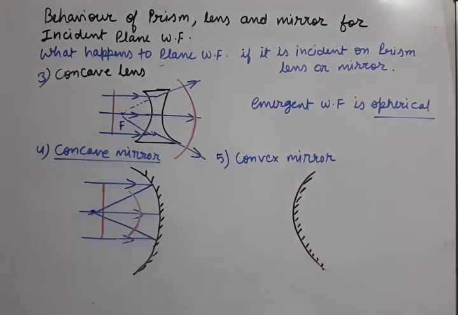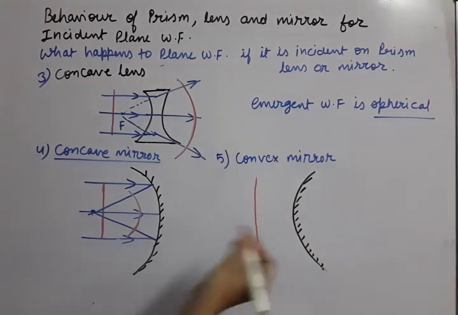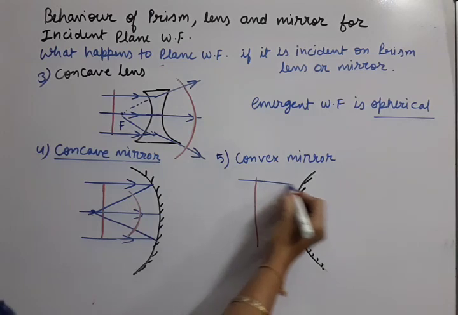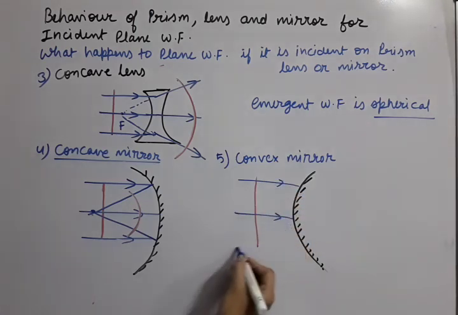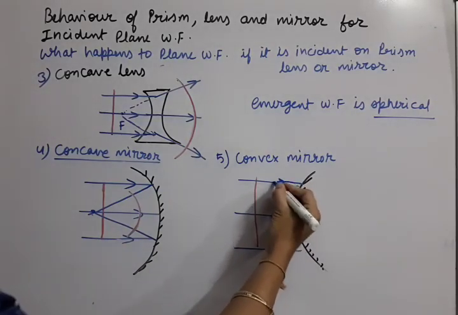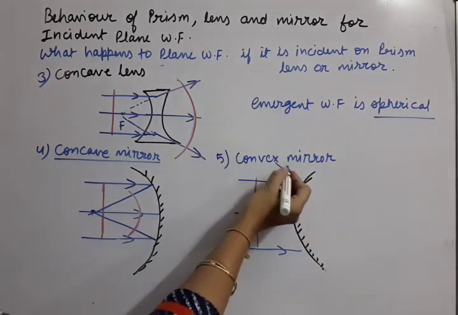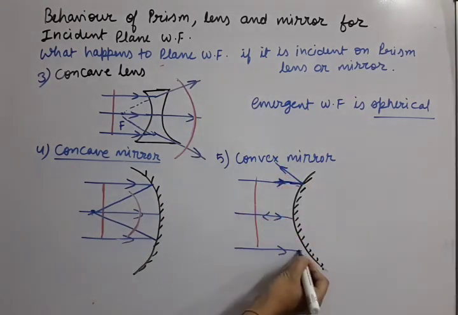इसके सामने हमें हमारा इंसिडेंट वेव फ्रंट रखना है. तो ये हमने रखा हमारा इंसिडेंट वेव फ्रंट, प्लेन वेव फ्रंट. नेक्स्ट स्टेप होती है रेज ड्रॉ करना. फर्स्ट रे, सेकेंड रे, थर्ड रे ड्रॉ करी. अब ये जैसे ही इस कॉन्वेक्स मिरर पे फॉल करेगी, ओके, सो कॉन्वेक्स मिरर इज डाइवर्जिंग मिरर. सो ये क्या करता है? रेस को डाइवर्ज करके वापस भेज देता है ऐसे.